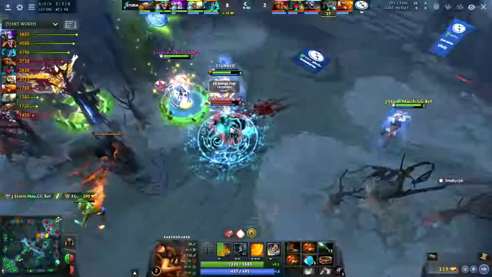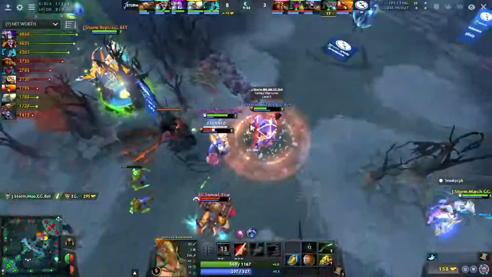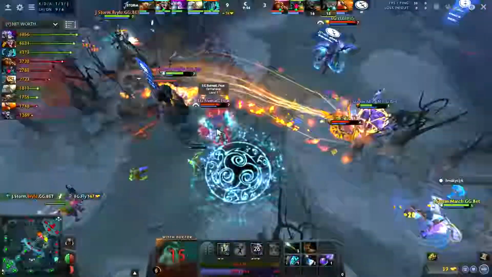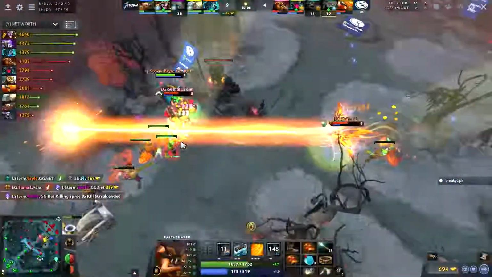Sumail gonna figure out what he can do with this. Echo Slam in 5 seconds, by the way. Nice Phaedron too. Nice Oh, the cask is gonna bounce back and forth. It bounced over though. It's only level 2 cask. They get the kill on a Witch Doctor. Sumail still looking for that opportunity with the Echo. He finally finds it onto the